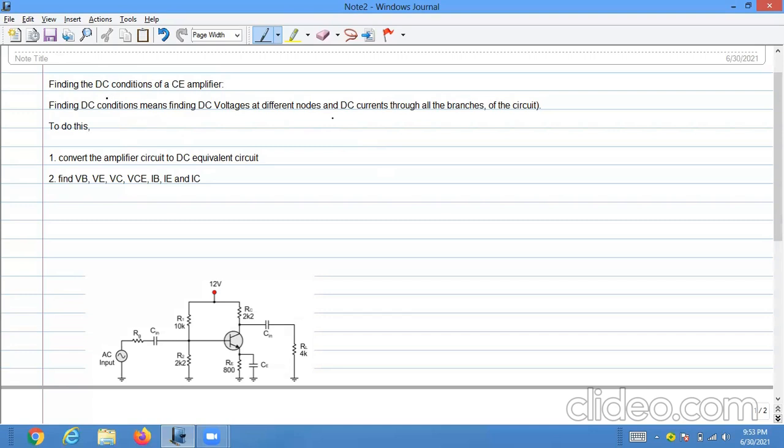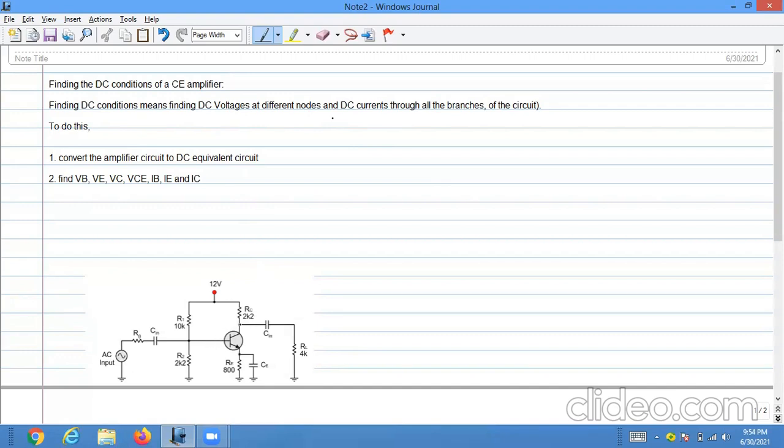Today we will see how to find the DC conditions of a CE amplifier, that is, a common emitter amplifier. For finding the DC conditions, we need to find all DC voltages at the different nodes and DC current through all the branches. That is, all DC voltages. If you are considering this transistor, it has three